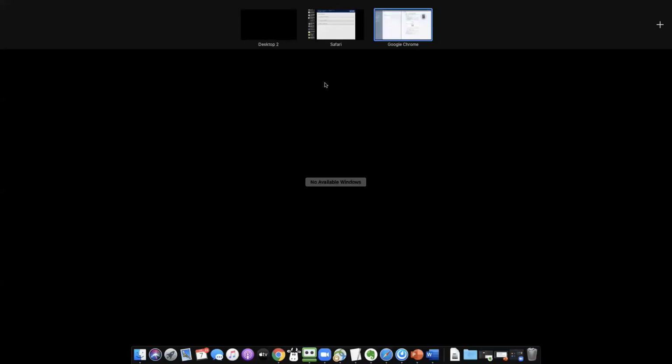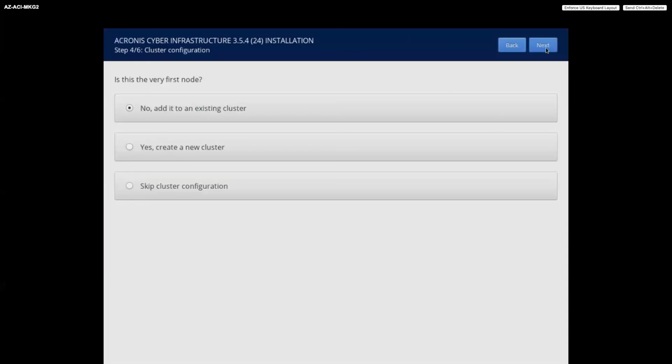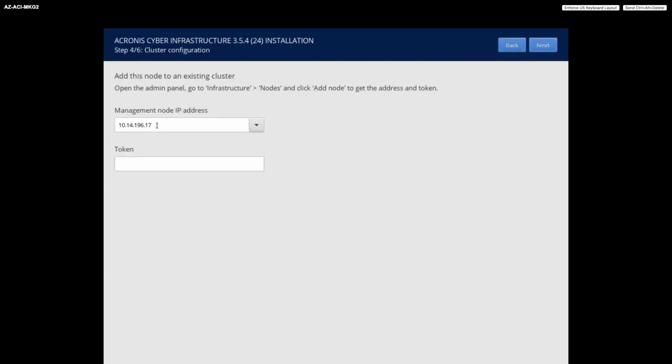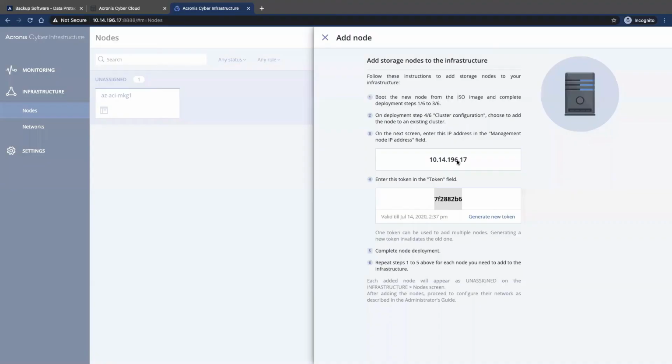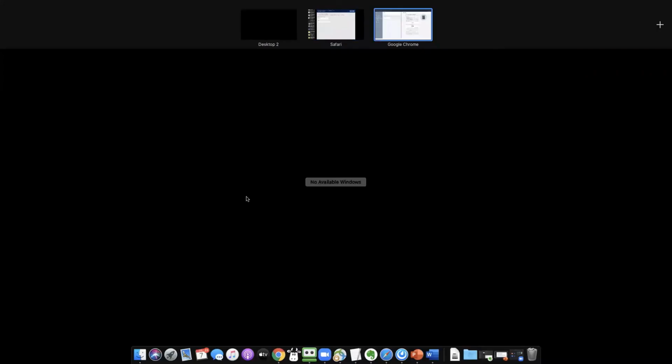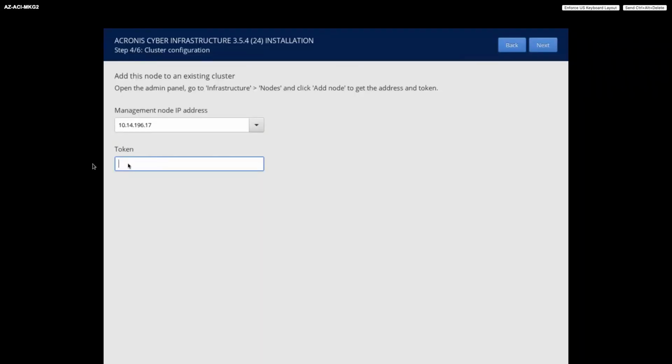If we go back over here and say no, next, it's already picked up the IP address of the management node because it has to be on the same network. So it knows there's a management node. If you have multiple clusters, you can actually choose which one. We have multiple clusters set up, but that is the correct one. We can then input our token